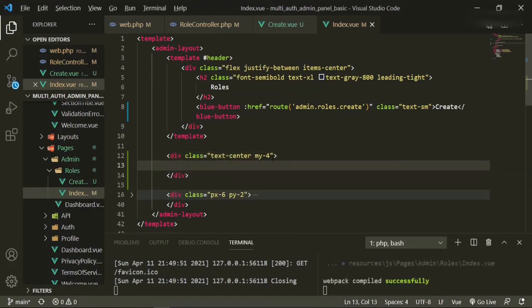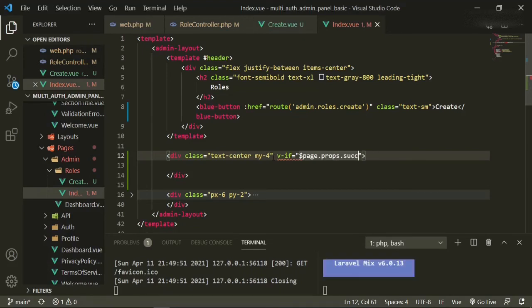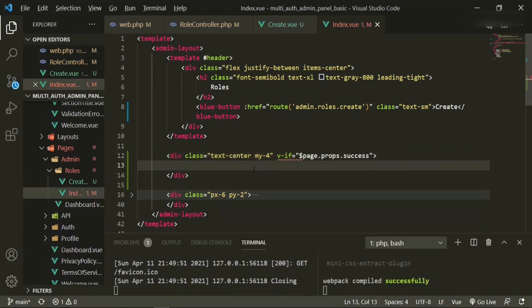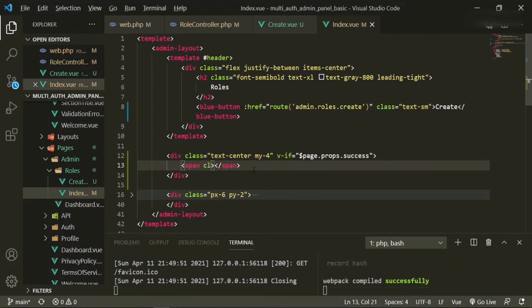And in here, we're going to say if page props success, come down here, we'll add a span tag, and I'm just going to paste in a bunch of classes for this. So class equals,